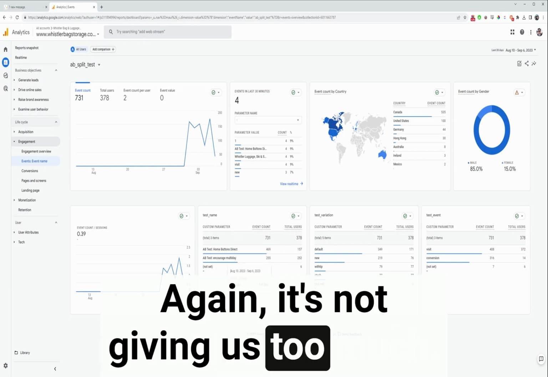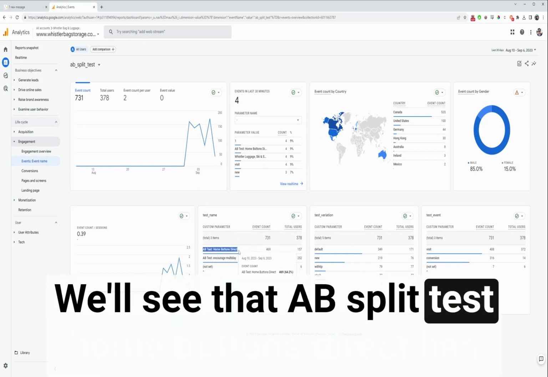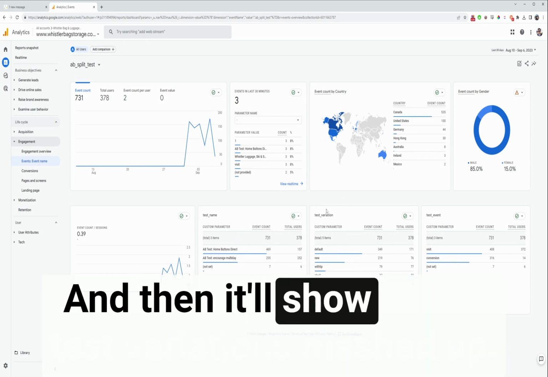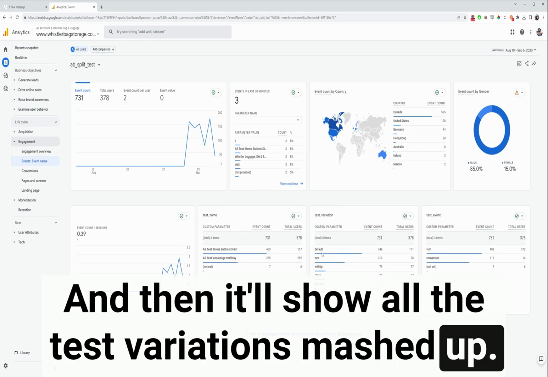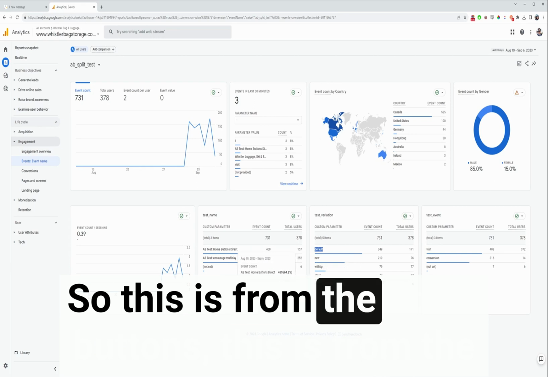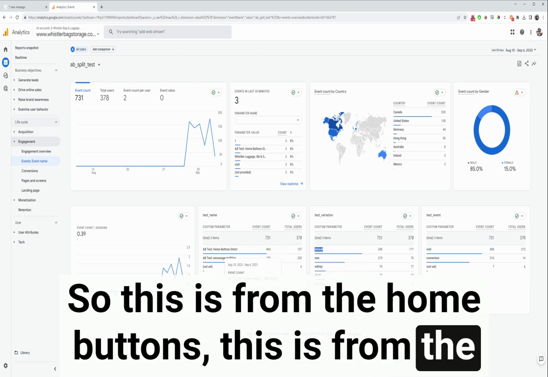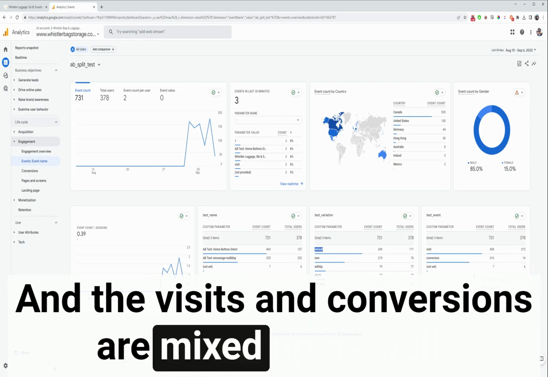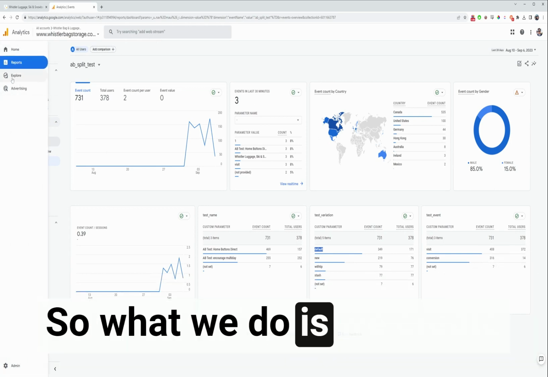Again, it's not giving us too much. We'll see that A/B split test home buttons direct has had this many counts, and then it'll show all the test variations mashed up. So this is from the home buttons, this is from the encourage multi-day, and the visits and conversions are mixed up as well. So what we do is we create